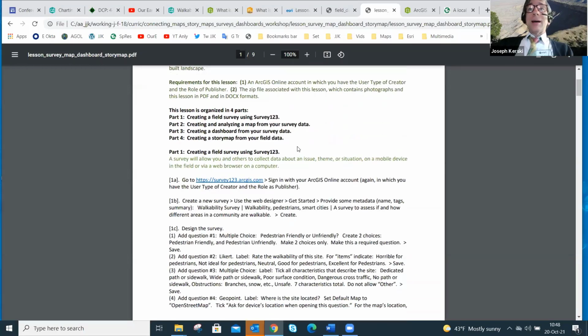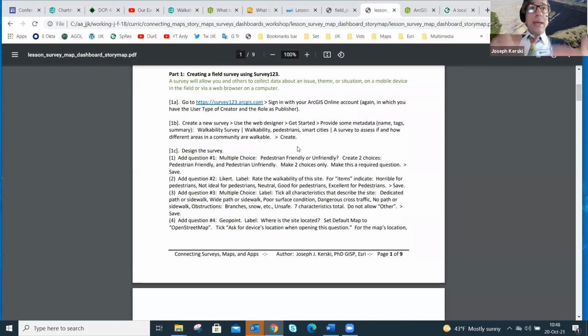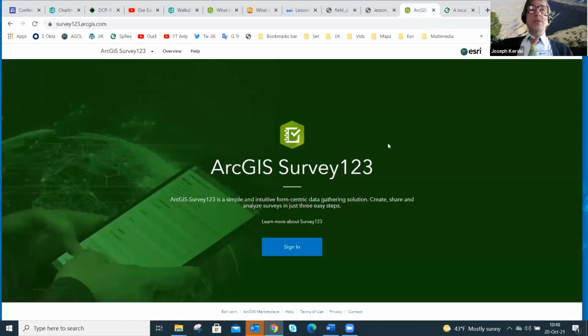Great. So taking that as an example, we say, okay, we're going to go to Survey123 and create our field survey. So let's just do that. There are a couple of ways to get into Survey123. One of them is survey123.arcgis.com, and if you have an ArcGIS Online account, you can sign in there. If you don't have one, let me know, because there are ways to get one even if you're outside of some sort of government agency or academia. There are other ways to get an ArcGIS Online account, and I'm happy to guide you through some of those avenues. Once you have an ArcGIS Online account, you have access to Survey123.